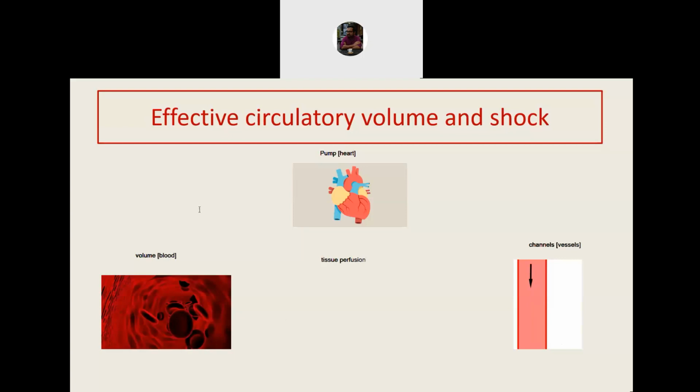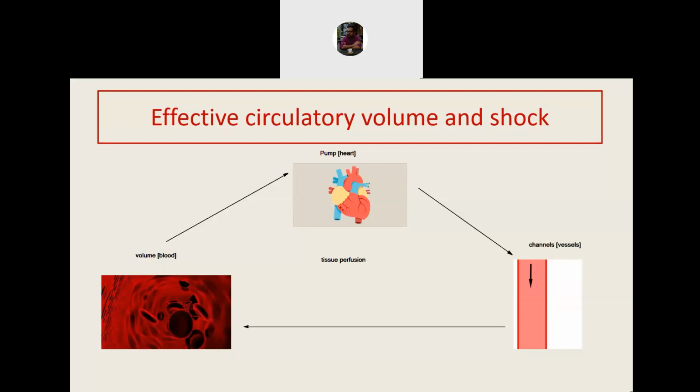So why are all the three components important in tissue perfusion? It is quite obvious that if heart does not pump blood to the blood vessel, then blood cannot go into the tissue. If the vessels do not have sufficient diameter, then the blood will not enter the tissue. And if there is not enough blood in the body, then what will be pumped by the heart? So all the three components are important. But it is actually more intricately related than this very simple diagram, as I shall explain.